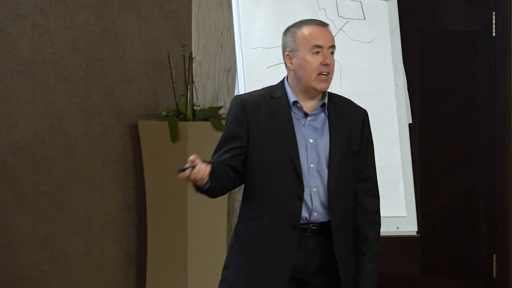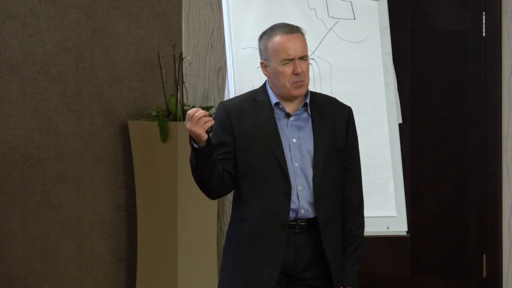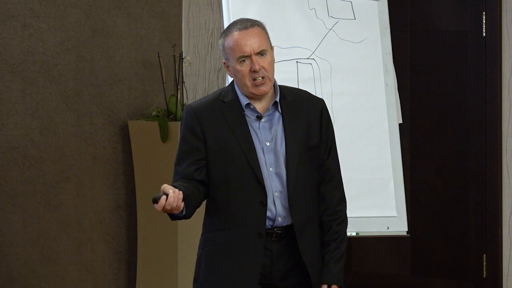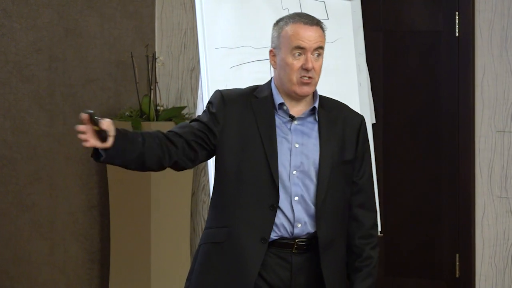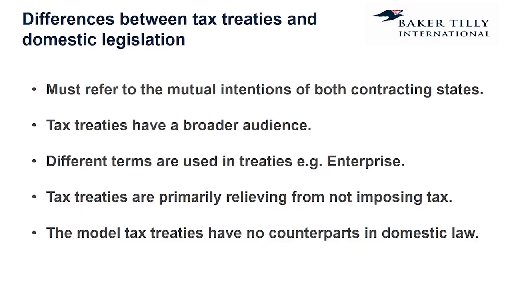And importantly, you're looking at why that rule is there. Why did the two parties agree to that? What was the purpose? And if you understand the purpose, then actually somehow accepting that isn't a dividend is just completely contrary to the purposes of both the parties, then you're not going to get that literal interpretation. And this is also in part, by the way, because treaties are to do with relieving and not imposing tax, I say. And because the things that are being nice, they're being kind, I think the courts generally would take the view that you shouldn't really be imposing a really harsh standard in interpreting them.